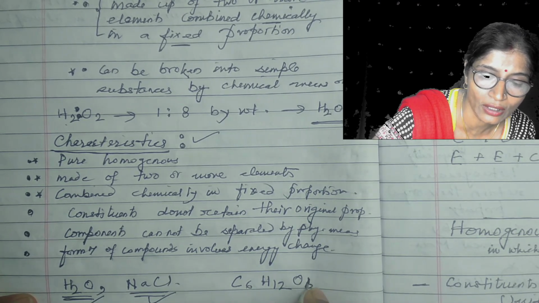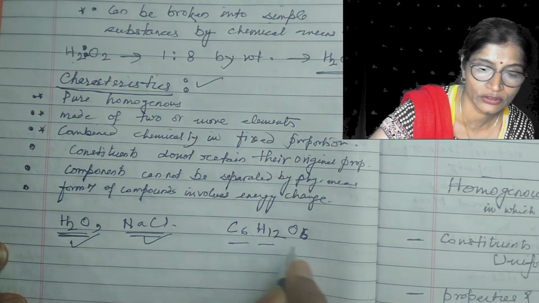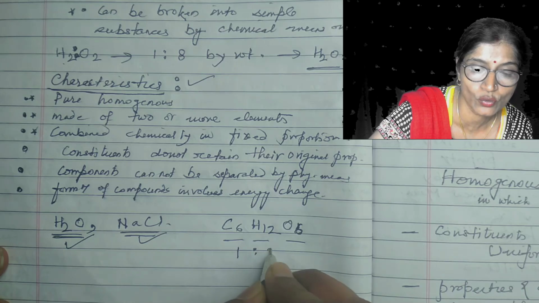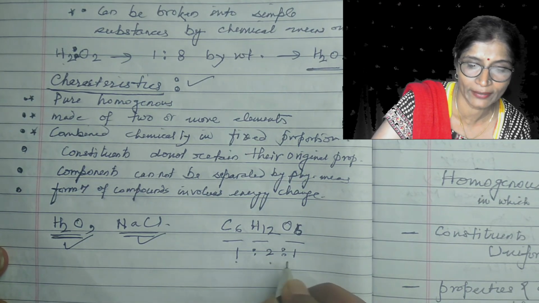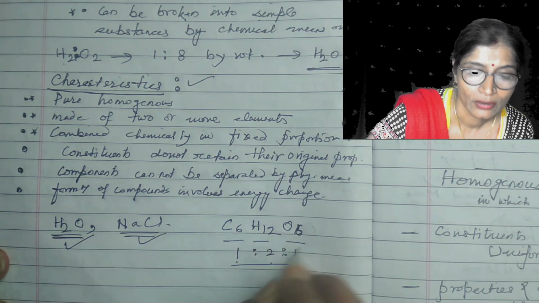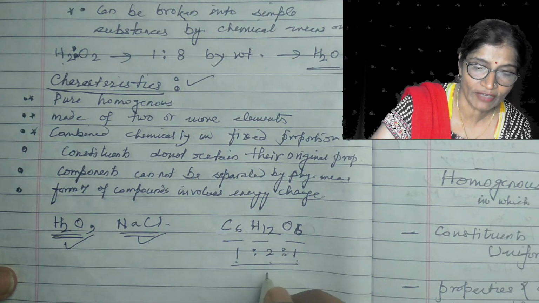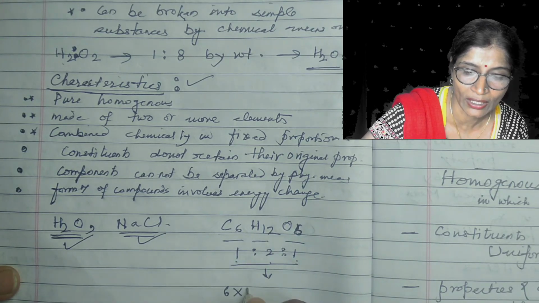This is also a compound which consists of three elements, that is carbon, hydrogen and oxygen, in a fixed proportion, that is 1:2:1 ratio. It means one part of carbon combined with two parts of hydrogen and one part of oxygen, then you will get C6H12O6. Okay. And if I consider the weight, then they are in the ratio: 6 into carbon each atom